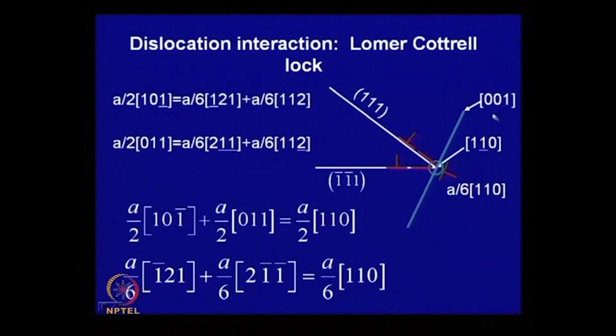The character is still the same, it is edge character you can show, but look at that energy. This is also energetically favorable. It is accompanied by a substantial reduction in energy,